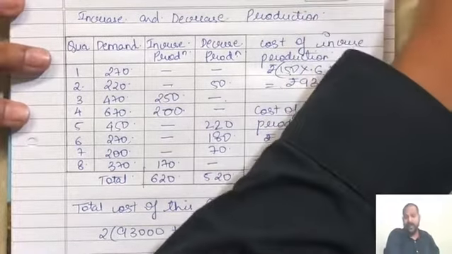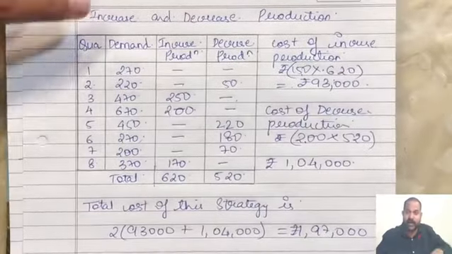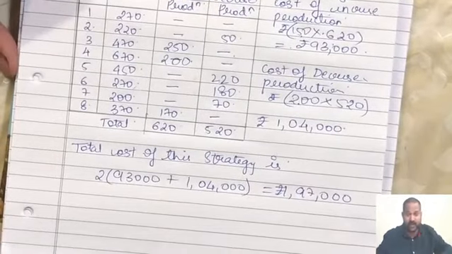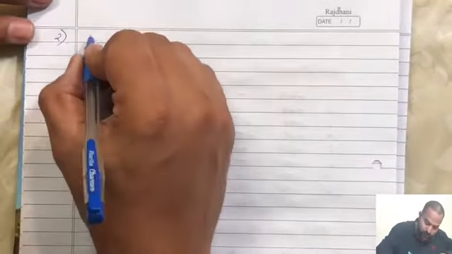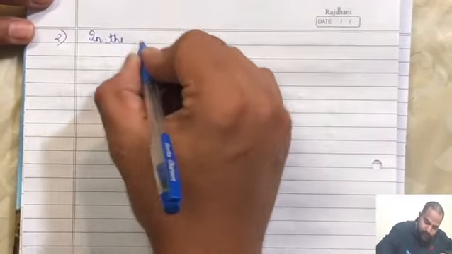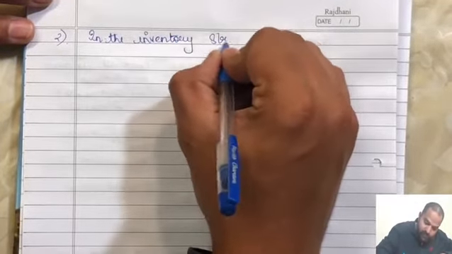And what is the pre-calculation? Whenever we decide to use the strategy of carrying inventory and allowed backlogs, if I am producing more than required, then I should be allowed to carry inventory. If I am producing less than required, then I should be allowed to carry a backlog. When that strategy is given, in the inventory strategy,